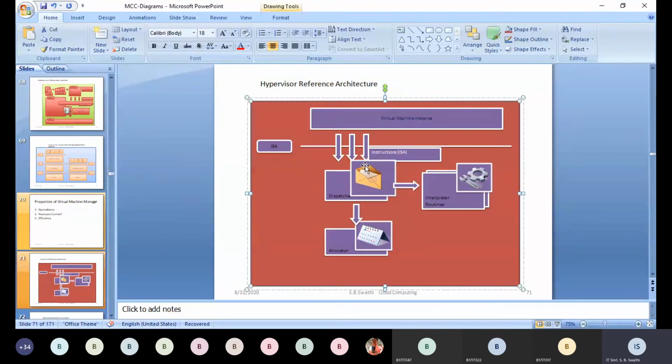The allocator in turn will return the resources or files required for that particular instruction, which the user is asking for. Those files will be returned to the dispatcher, and again the files and the instructions will be returned to the interpreter, where the actual execution happens, using the inbuilt functions.